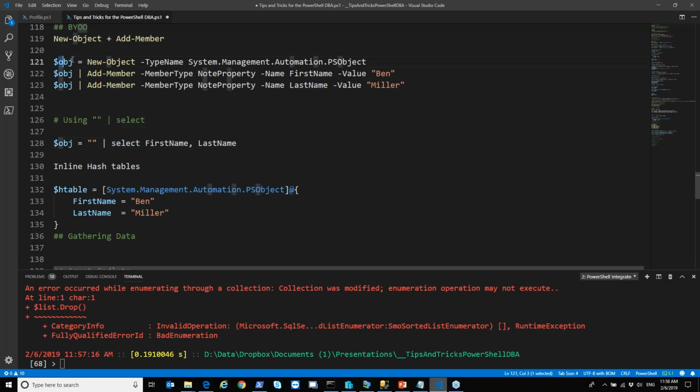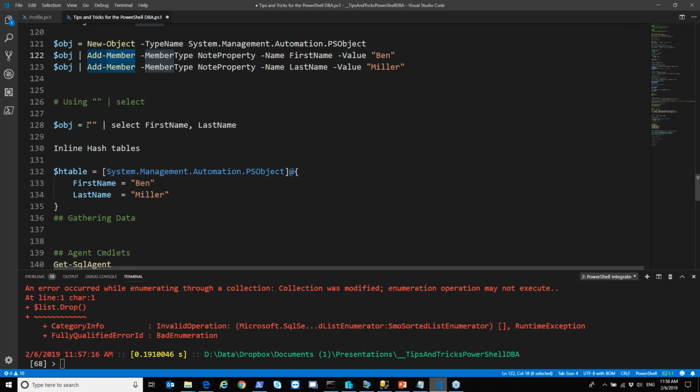You can do $object equals New-Object of a PSObject, and then you can Add-Member, but you have to do it once for every property. You can't do Add-Member with an array or anything like that. You have to do Add-Member each time. So if you have 20 properties, you're going to do Add-Member. That's one cycle or more for every time you execute that,